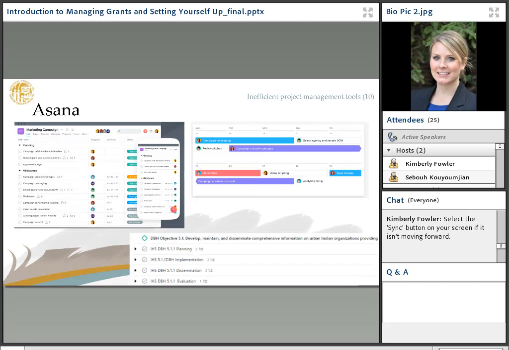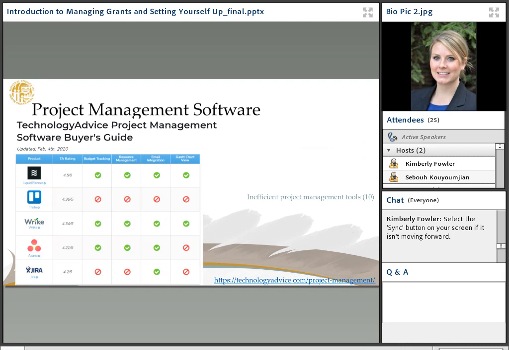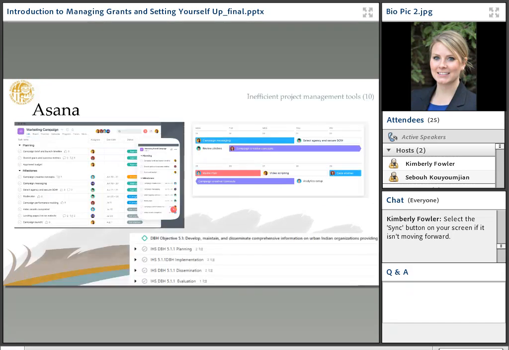I want to make a quick note: even though this guide says that Asana doesn't have the Gantt chart view, it does have that, and this is an example of what you're looking at. But you can see here that within Asana you have the assignee who's responsible for a different task.